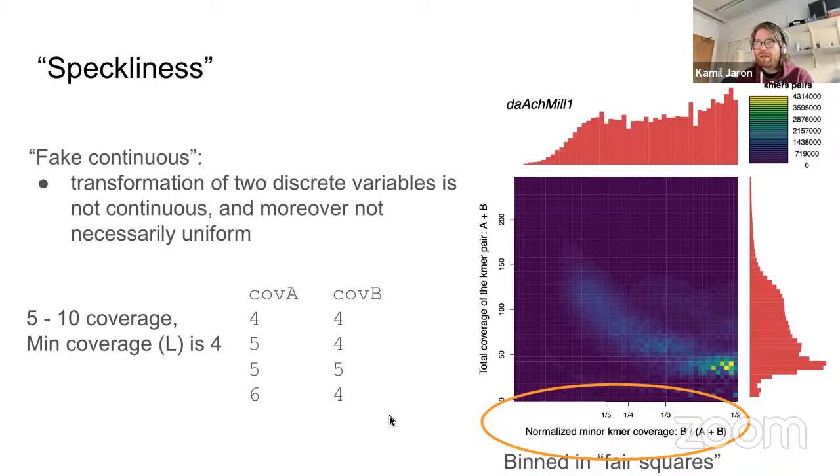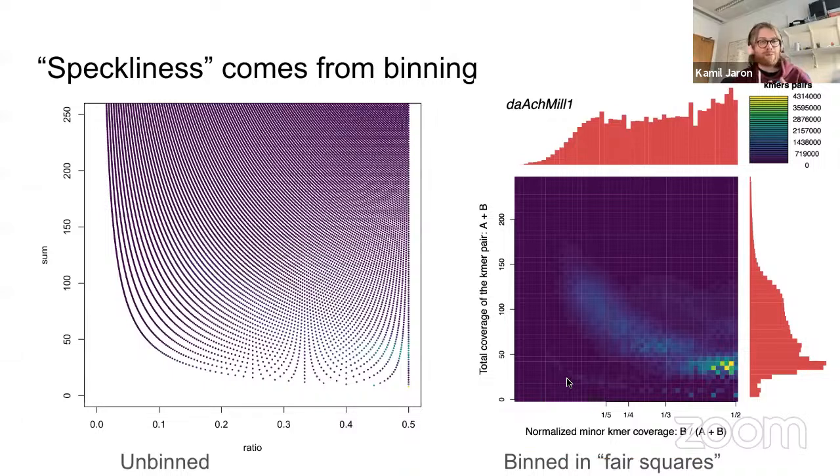So it's semi-discrete. This cannot be anything between 0.4 and 0.5. It will always be what the fraction possibly can be, right? And the lower coverage you have, the more semi-discrete it becomes. If you have very, very high coverages, it will actually become more or less continuous. But at the very low end of what is meaningful in Smudgeplot, it just becomes very, very speckly, just because you have a very different number of points that fall within each of those squares. And this is a visual representation of that.